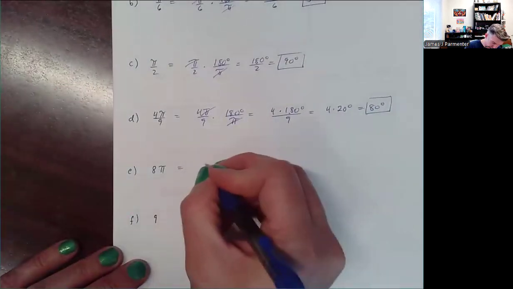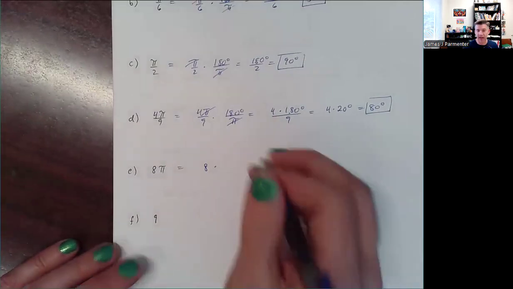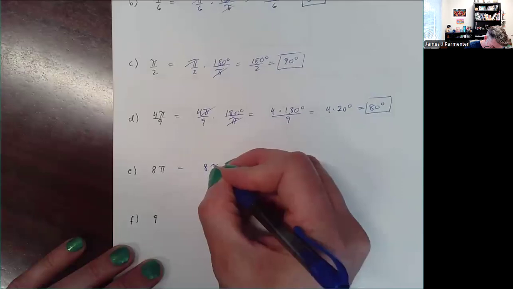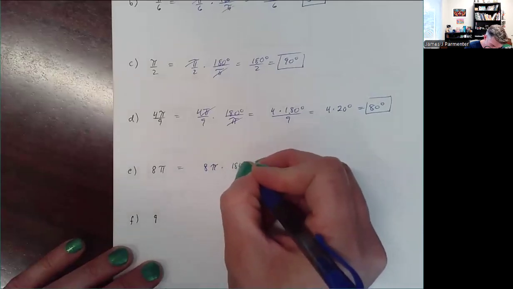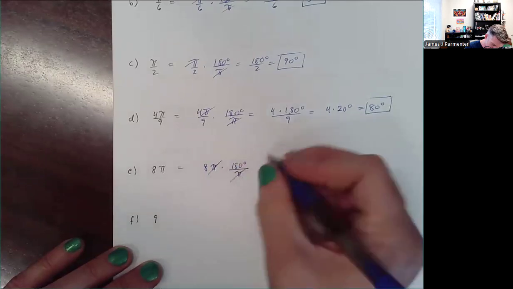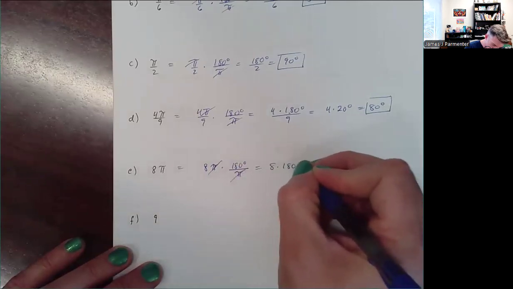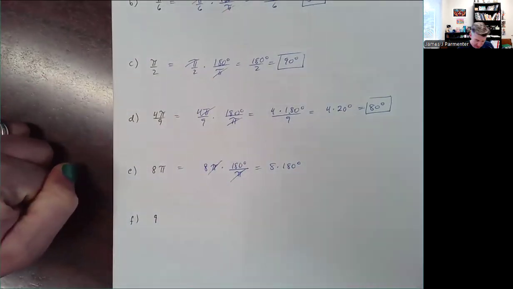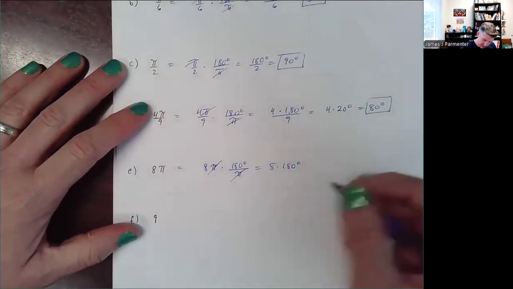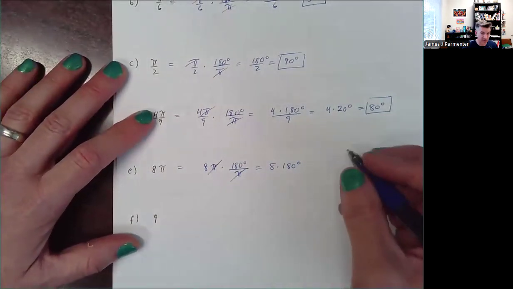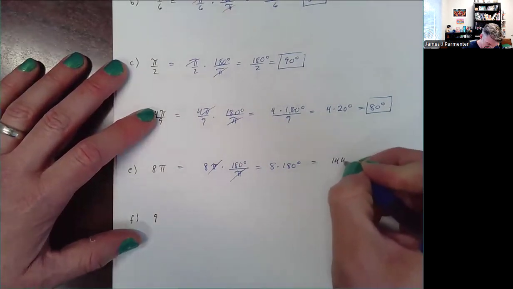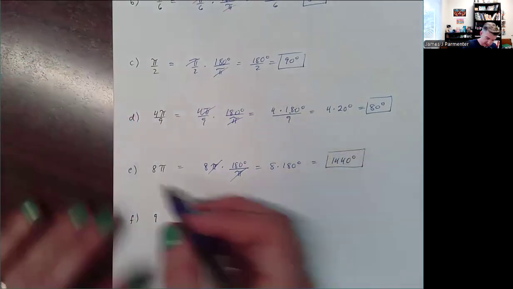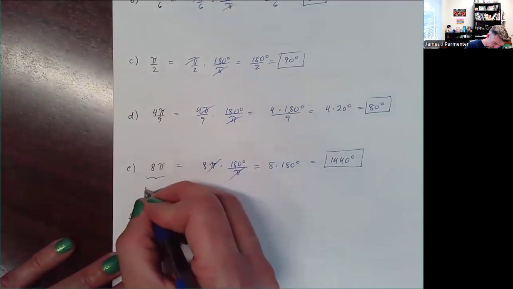8 pi is going to be 8 times. So it wouldn't be wrong to say it's 8 times 180, but I should probably show my work. So I should say it's 8 times pi times 180 degrees divided by pi. And then the pi's cancel, and you get 8 times 180 degrees, which I don't know off the top of my head. I would do it as times 2 times 2 times 2 personally. So 180 times 2 is 360, times 2 is 720, times 2 is 1,440 degrees,